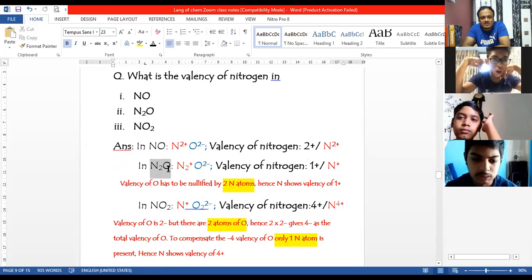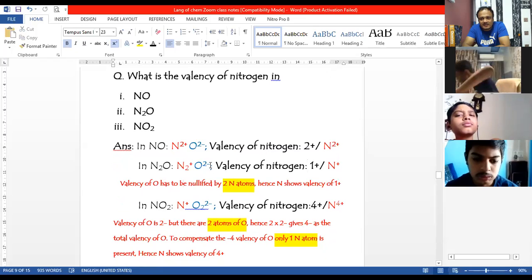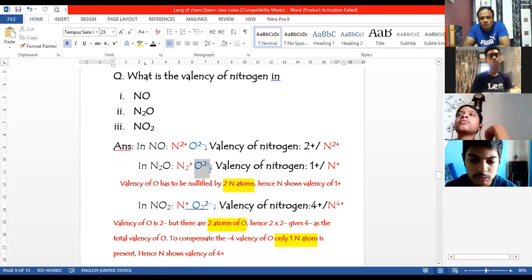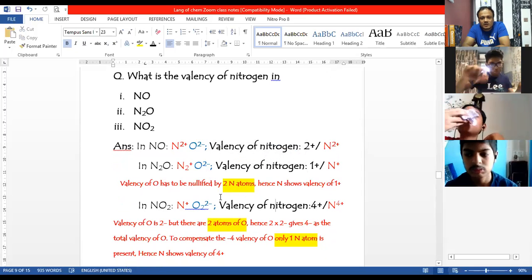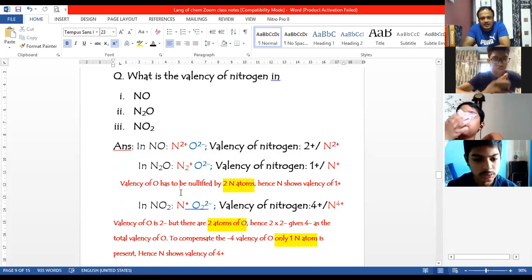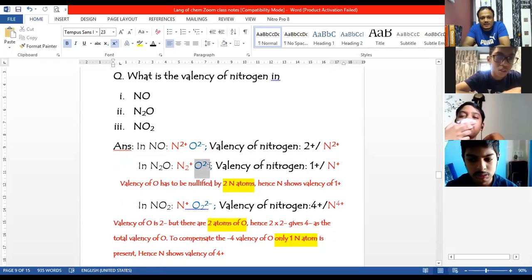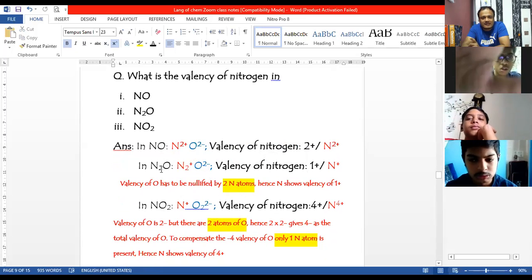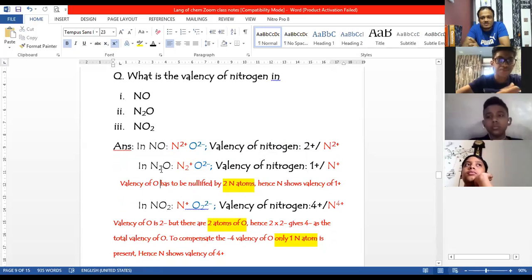In this, that is nitrous oxide, that is N2O, valency of oxide again remains the same, that is O2 minus. So we have got a minus 2 charge now, so we have to make it 0. In order to make it 0, we have got two atoms of nitrogen with it. Two atoms of nitrogen should take care of this 2 minus. So each atom of nitrogen takes 1 plus charge each. If one atom of nitrogen is having 1 plus valency, two atoms of nitrogen will be getting 2 plus valency, and hence 2 plus and 2 minus cancel each other, and then we get the charge of the compound as 0.